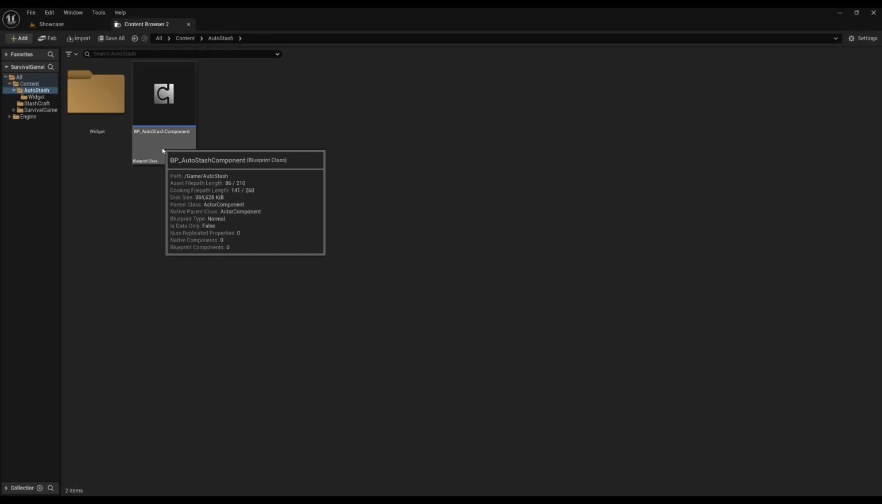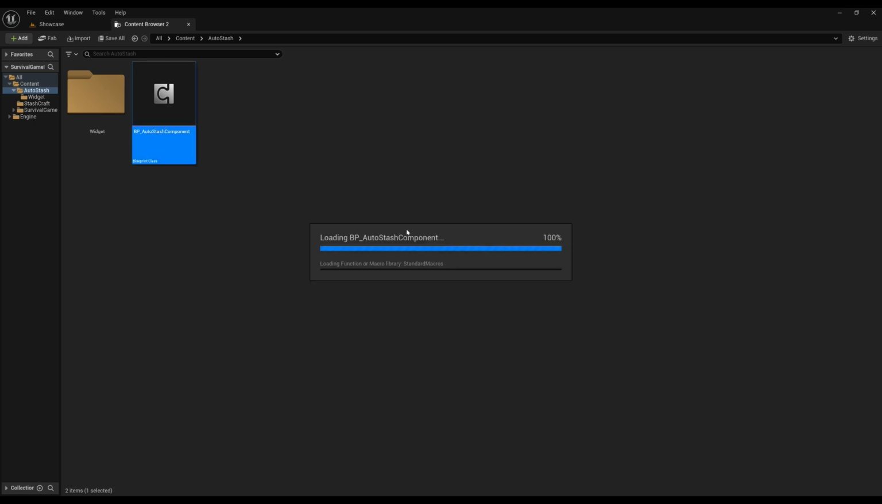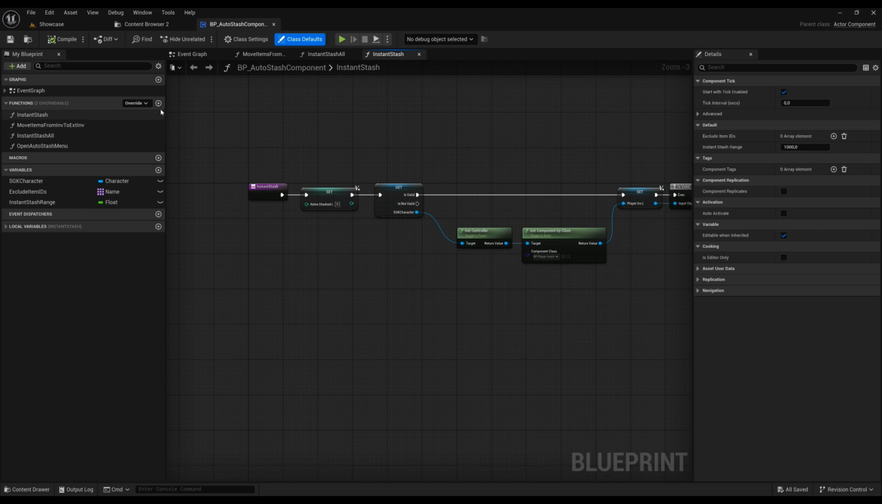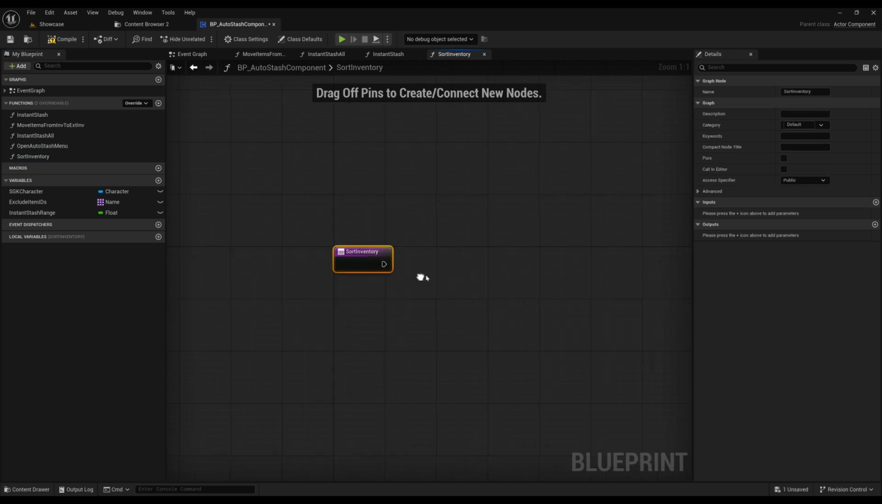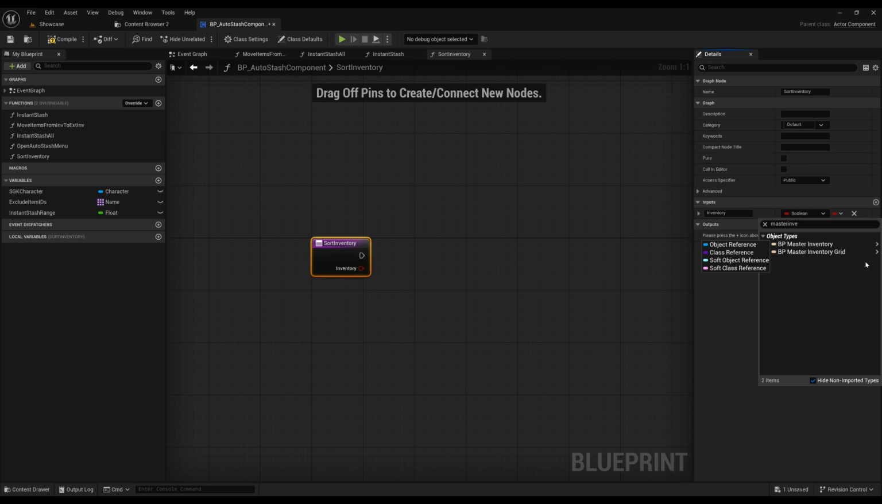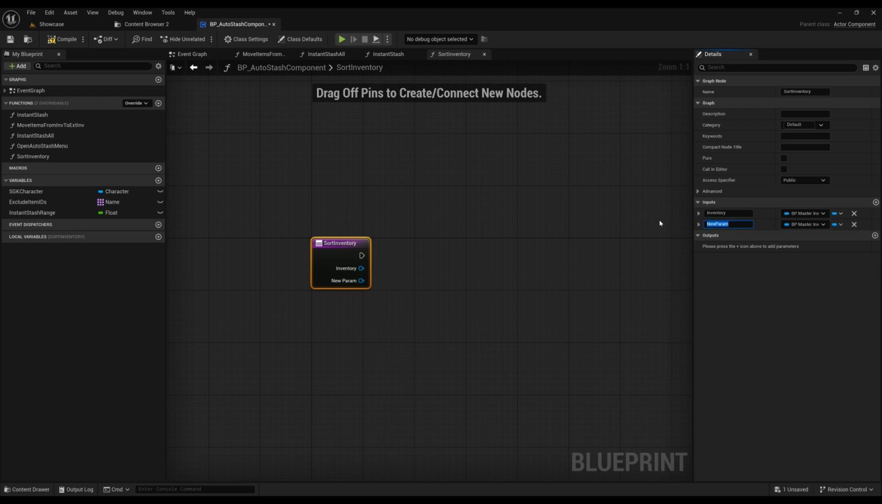Okay, to get started, we'll open up our AutoStash component, and we'll create a new function here. Let's call it sort inventory. This will have 3 inputs. So we'll have the inventory that we are sorting. That is type master inventory, and we'll have a sort by,